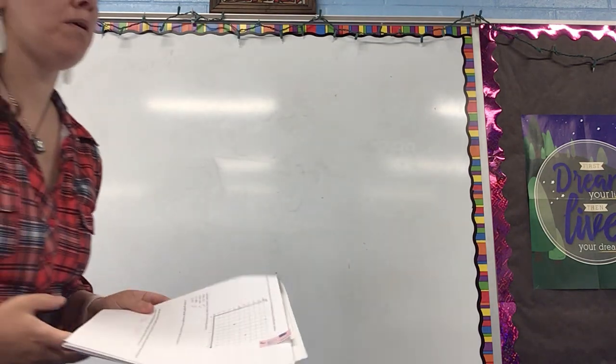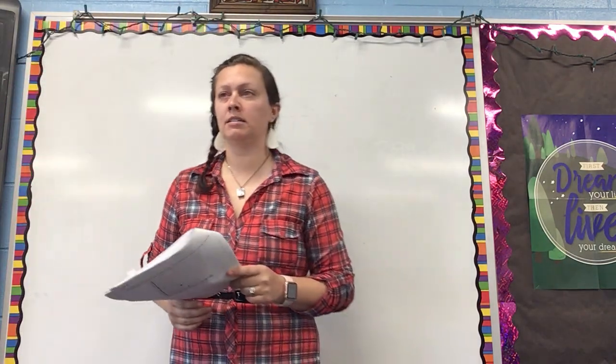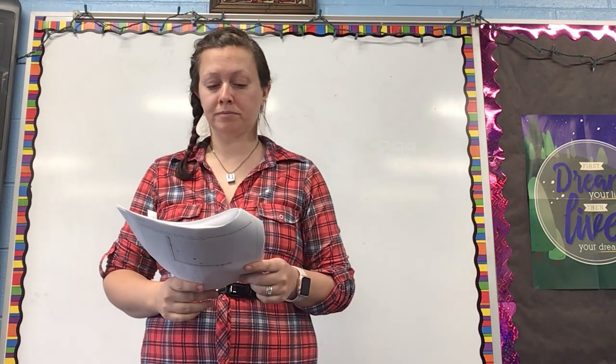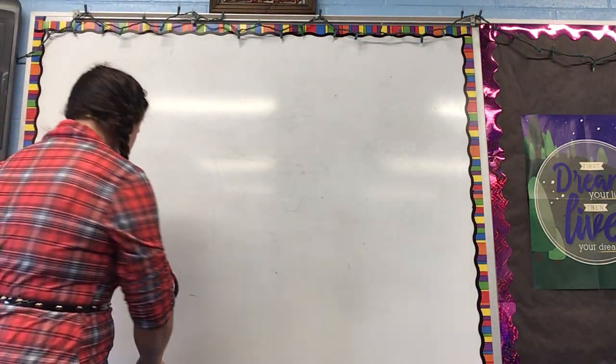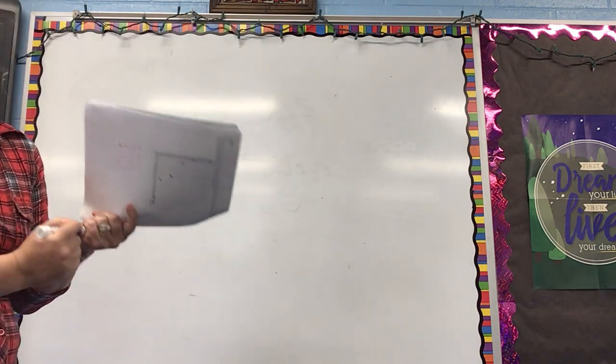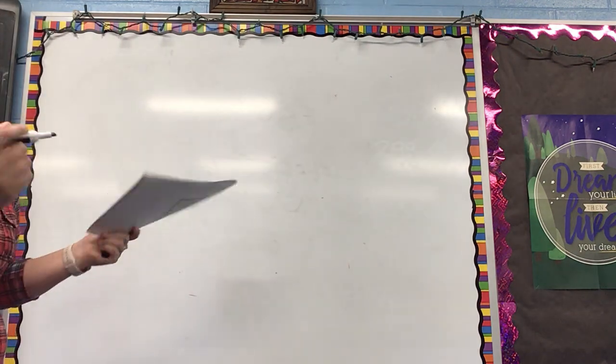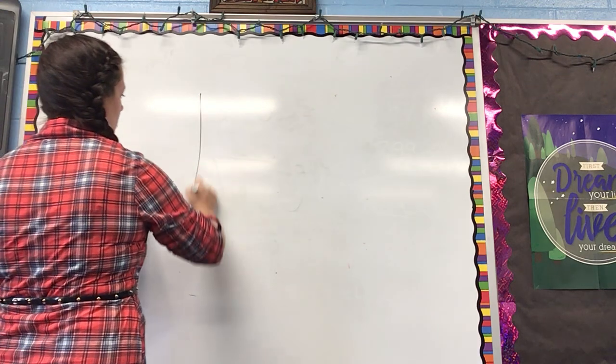All right, ladies and gentlemen, what do you notice about this coordinate grid that is something unique? Mason? It doesn't go up by 1. It doesn't go up by 1, yeah. We have some decimals here, right? Ladies and gentlemen, it always helps me to fill in the missing numbers. So on your coordinate grid here,